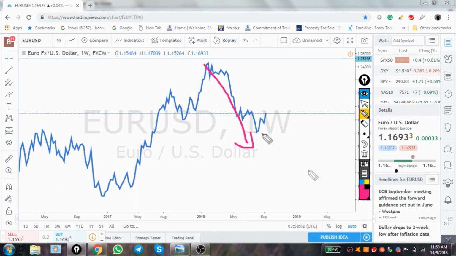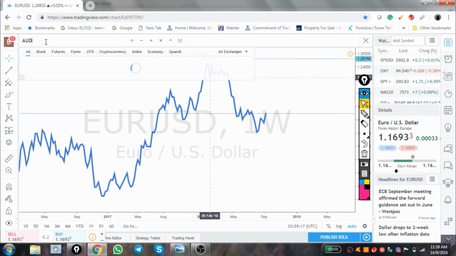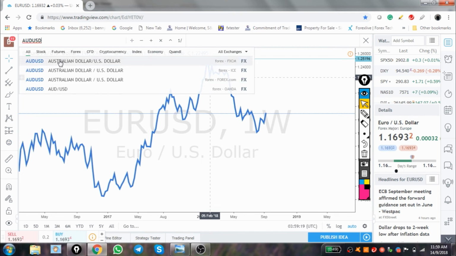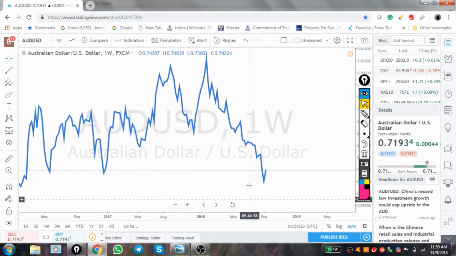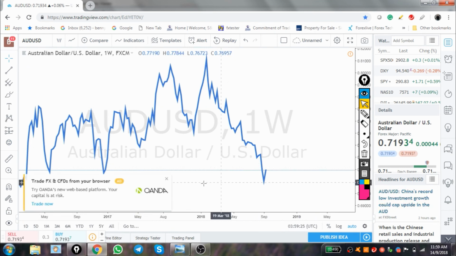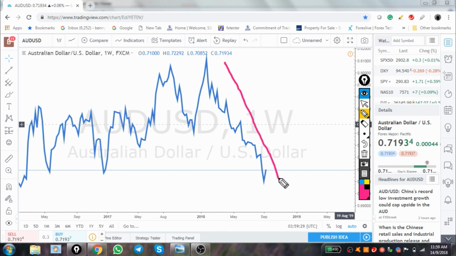Can you see that? This could be a temporary pullback, and potentially the euro might just go down if the fundamentals remain weak, which I believe so. So again, we also want to sell Australia and buy the dollar, because Australia is the weakest currency and the dollar is stronger according to the table. Now look at the Australian dollar. It's only one direction, down. Can you see that? Very clear.